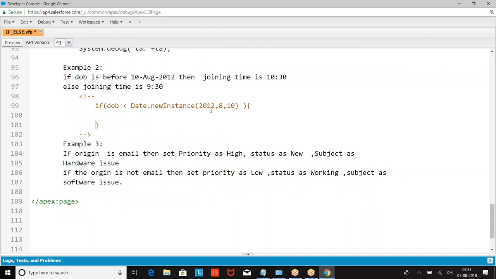If it is 2012 8/10, then we say joining time.